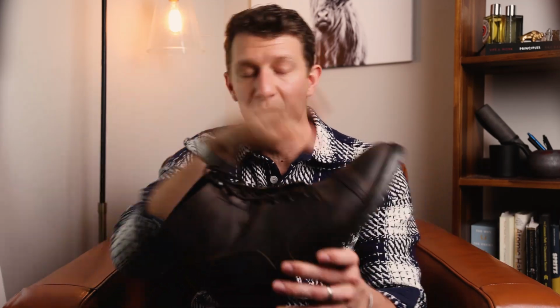Make sure you don't just box yourself in with jeans only, because the beauty of Thursday boots is that you can wear pretty much any pant style you want. I also love wearing chinos with my Thursday boots. With chinos though, just make sure you're getting a decent amount of taper below the knee, because chinos can a lot of times just be straight cut and leave a little bit too much fabric down there. You can also wear canvas pants or work trousers with Thursdays if you're going for more of the full rugged style. I get a lot of my pants from Taylor Stitch, so they do a little bit of